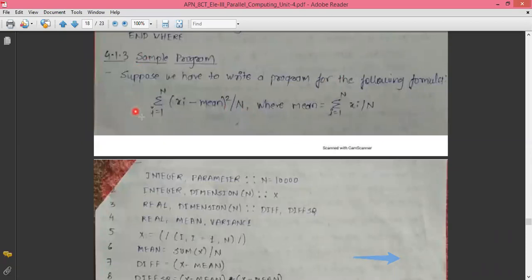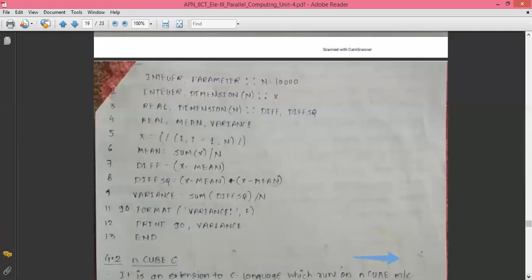So this is the formula for the variance which is given to us, and we are writing the Fortran 90 parallel program in order to solve this particular formulation of variance. So just moving down, which is already given in the notes. Initially we are involved in some initializations and the declaration part. Any program, when it begins, has to go through the constant process, that is to make some initialization and declaration.